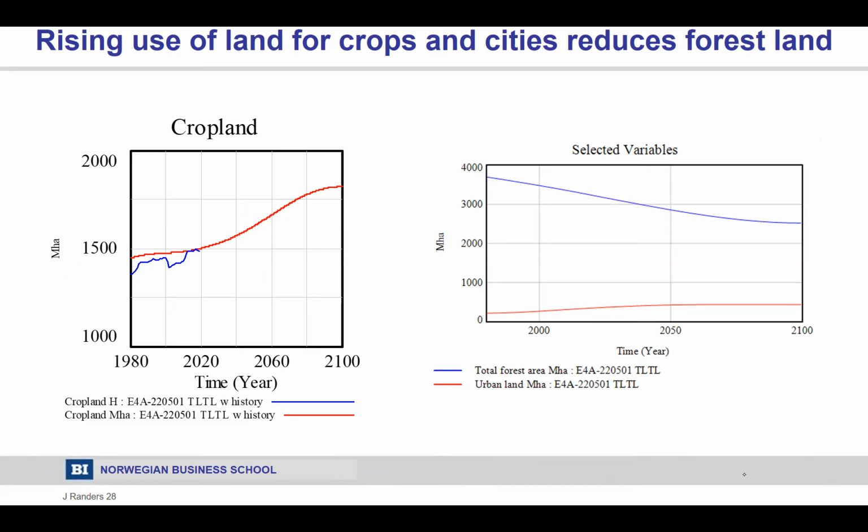And you see, going forwards in the base run, we will need some more cropland because we have reached saturation, basically, in the use of fertilizer in parts of the world. And that means that we will need to cut the forest. So you look to your right, the forest area, the blue line, which is an indicator of the remaining biodiversity, is actually declining, while the urban land at the bottom and the wasteland, which is not plotted, are increasing. So we are in the process of shifting from undisturbed forests to destroyed land.